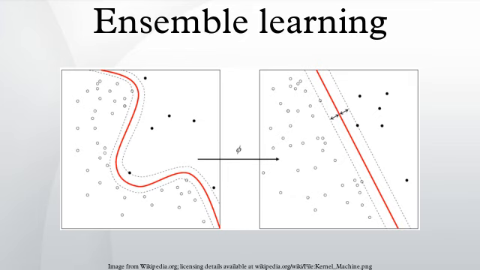Overview: supervised learning algorithms are commonly described as performing the task of searching through a hypothesis space to find a suitable hypothesis that will make good predictions with a particular problem. Even if the hypothesis space contains hypotheses that are very well suited for a particular problem, it may be very difficult to find a good one. Ensembles combine multiple hypotheses to form a better hypothesis.